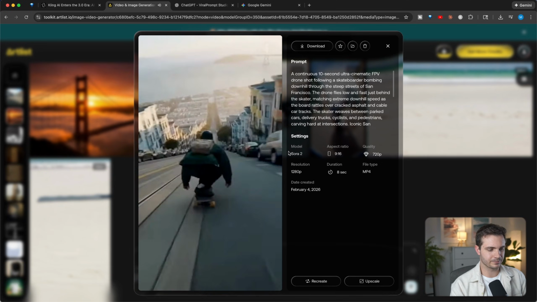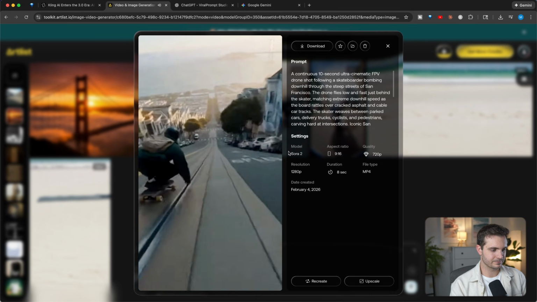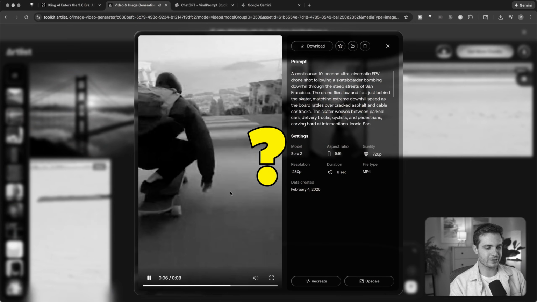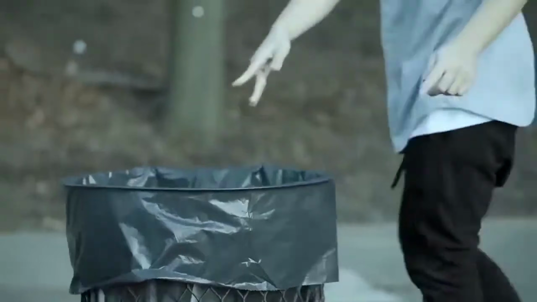And here's Sora 2. Once again, this looks like a video game, but look how pixelated this is. I mean, this is not just the browser, this is the video being that pixelated. Why is there a crosswalk in the middle of the road? So in these two examples, I think Kling 3 wins over Sora 2 and VEO 3.1, but let's see how